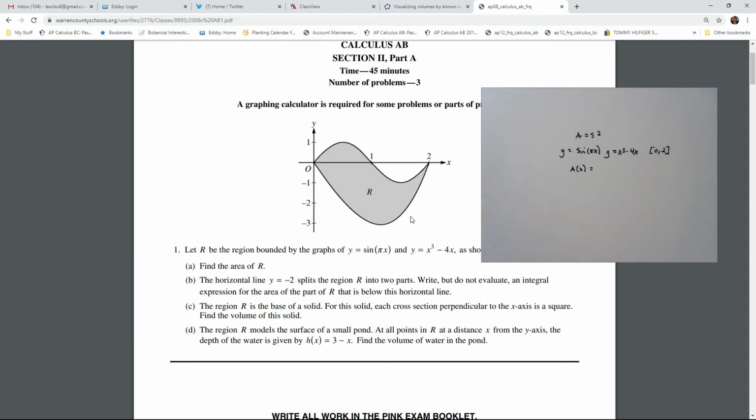So what you're going to have is, this is going to be the sine function. You can clearly see this one's the sine, but you could graph it if you wanted to see. And then this one here, of course, is going to be the cubic function. So the top curve is the sine of pi x, minus the bottom curve. And what you need to be really careful of is, please don't distribute the sign. Just leave it alone, okay? If you have this as your integrand, you're golden, provided that your limits and everything are correct and that you don't forget your dx. So if I want to find the volume